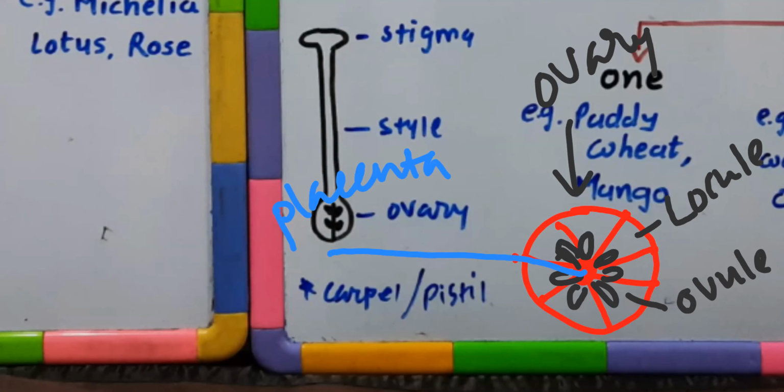In some cases, the ovary possesses a single ovule altogether. That is a possibility. Like in the case of mango, wheat, paddy, etc. Single ovule within the ovary. That's one possibility. The second possibility is that there are multiple ovules within the ovary. Example, papaya, watermelon, orchids, etc.